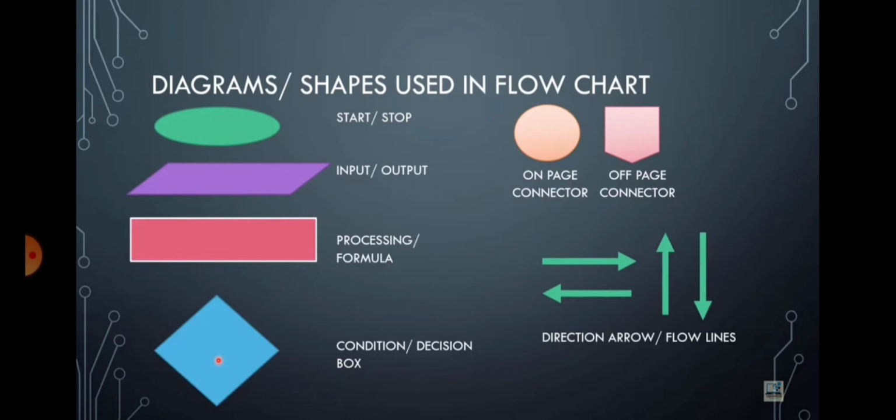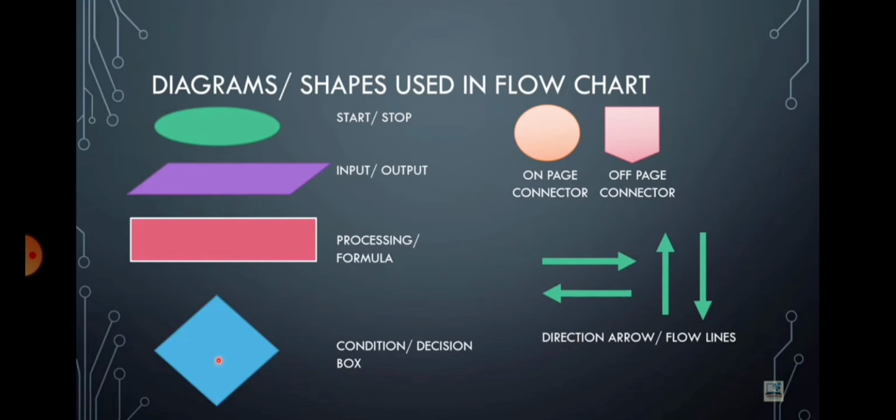It is known as the decision box. This is used in the situation which demands you to choose either yes or no. Yes, it happens in the program when we have a condition, like if the addition is 5, then it is odd number, while if the addition is 6, it is even number. So in this you can use a yes no condition, and it takes a decision. That's why it is known as a decision box.